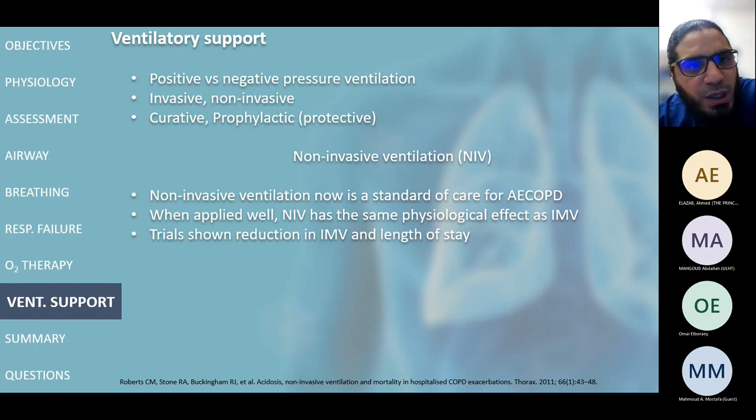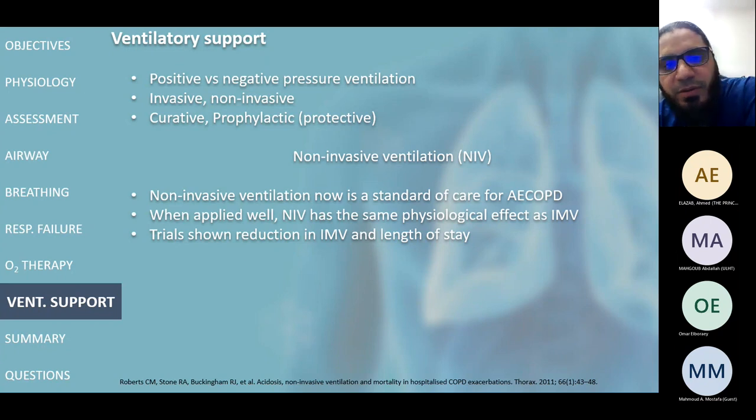Briefly about the ventilatory support. Normally we breathe with negative pressure ventilation, so the pressure outside the lungs, the atmospheric pressure, is higher than the pressure inside the chest, and the lungs just suck air inside. This is negative pressure ventilation. When we give the support, we turn this ventilation into a positive pressure one. So we will give much higher pressure from outside, increasing the pressure inside the lung, trying to open the collapsed parts of it, or pushing the air through the